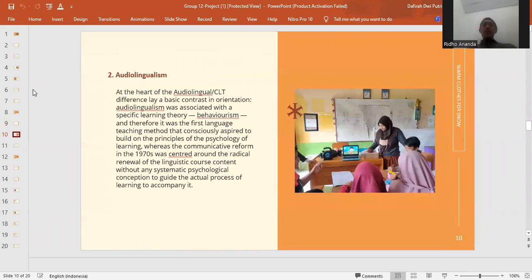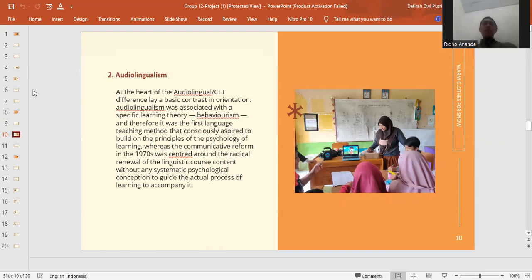The second one is about audiolingualism. At the heart of the audiolingual and CLT difference lay a basic contrast in orientation. Audiolingualism was associated with a specific learning theory, behaviorism, and therefore it was the first language teaching method that consciously aspired to build on the principles of the psychology of learning, whereas the communicative reform in the 1970s was centered around the radical renewal of